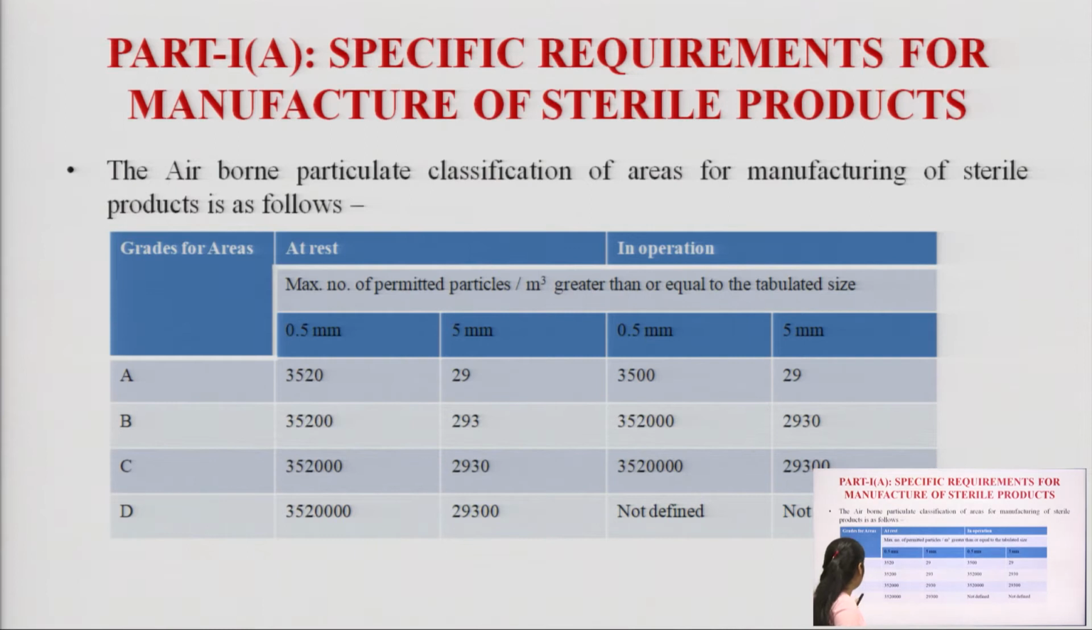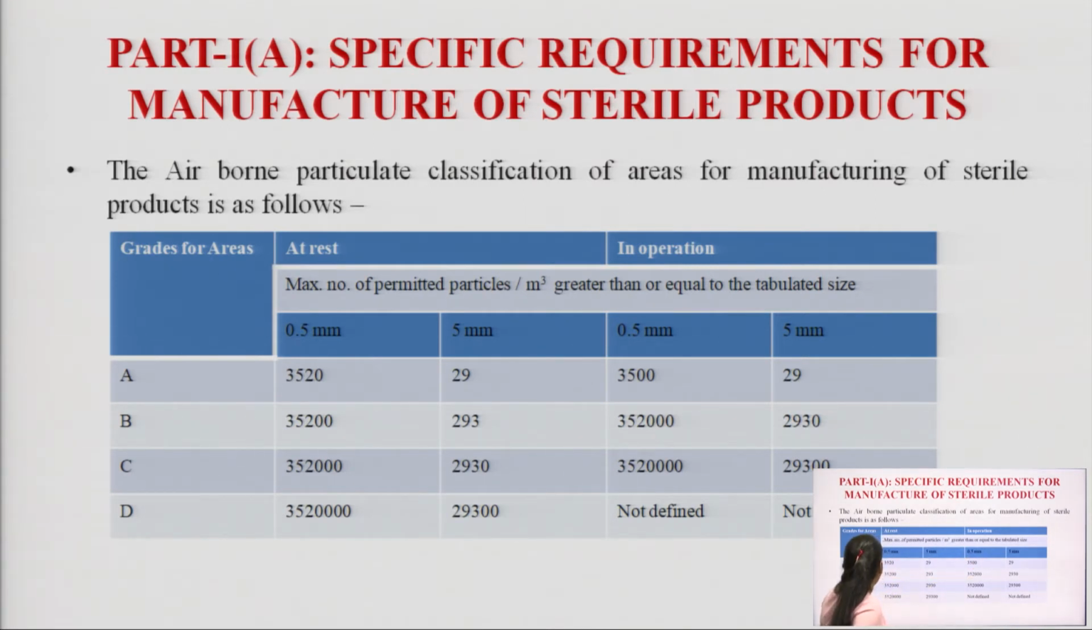For grade D area, here you can see the maximum number of permitted particles is 35,20,000 in 0.5 µm. 29,300 particles are permitted, whereas in operation, when the equipment is installed and run, at that condition 3,500 for grade A area and 29 in area A in 5 µm